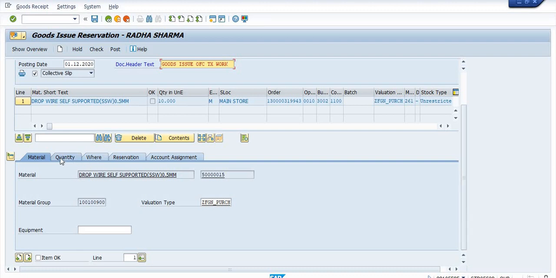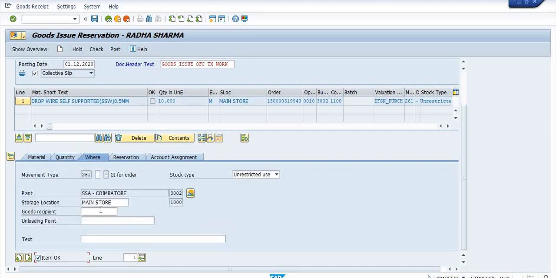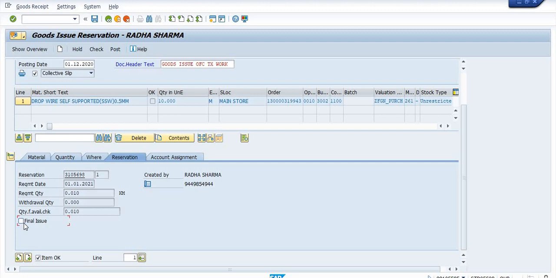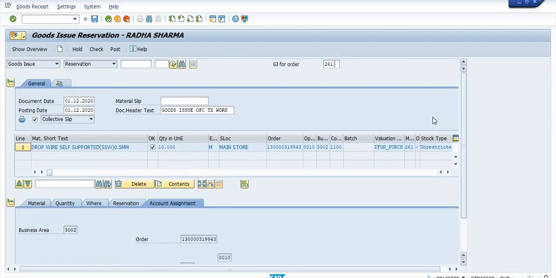In the material, click on OK. Quantity 10 meter, from main store to SD transmission OFC. Reservation is showing here. Final issue. Account assignment is the maintenance order. You're just going to issue.